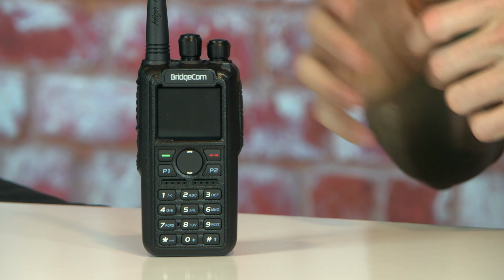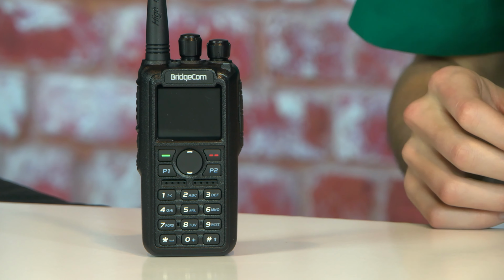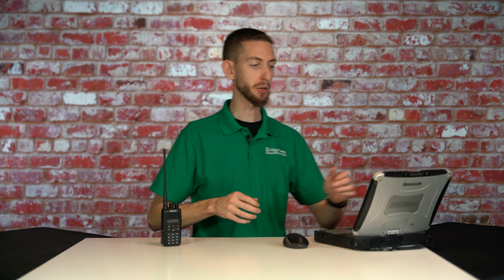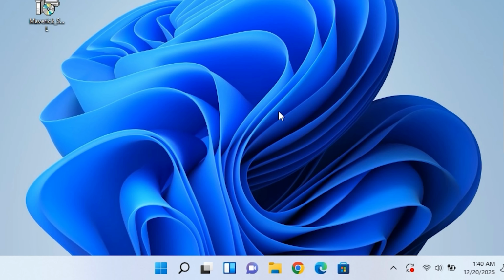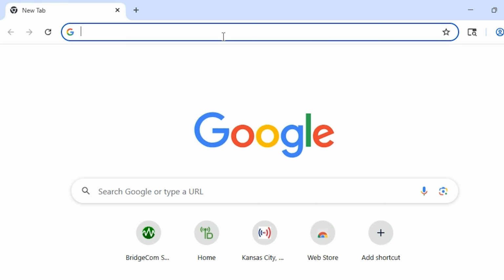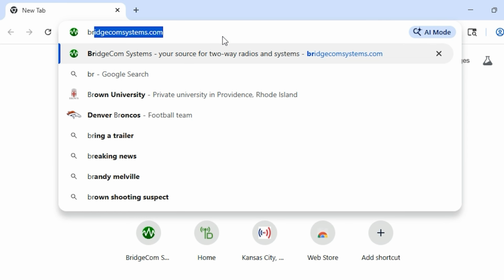Today we are going to be installing the CPS on our computer that will allow us to program our brand new BridgeCom Maverick radio. So let's go ahead and get started. So in your computer, the first thing you'll want to do is open up a web browser. So I'm going to open up one here, and we are going to go to